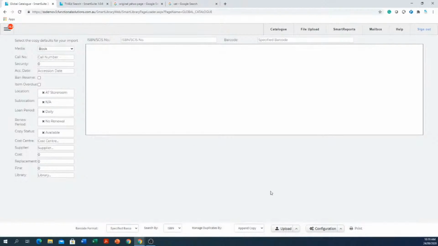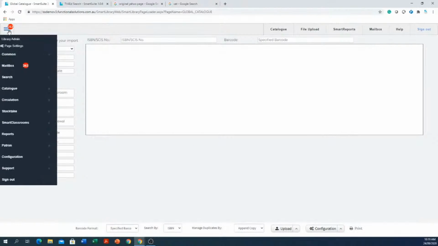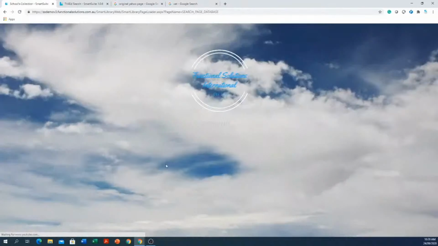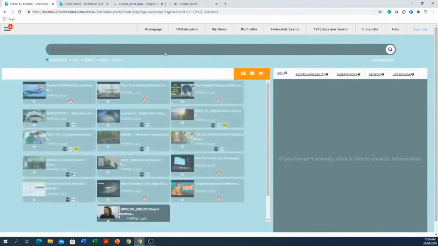Now, whenever you set all these parameters, it's a good idea to click on the menu button, click on search, go to schools collection to bring up the default landing page if it's the OPAC page, or the home page, and that will set the entire system ready to go. Okay, so